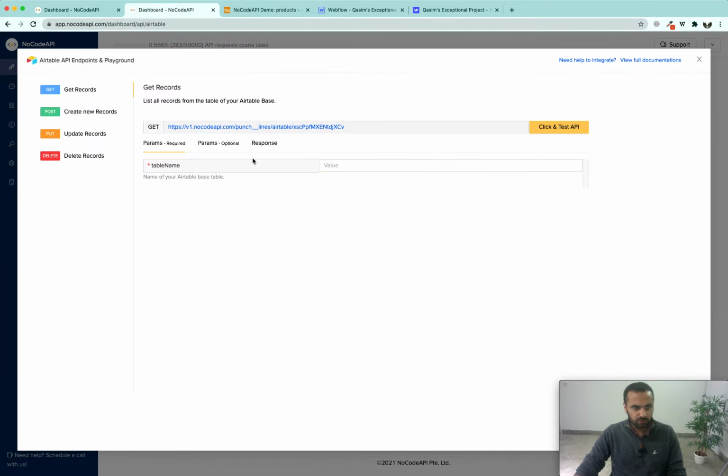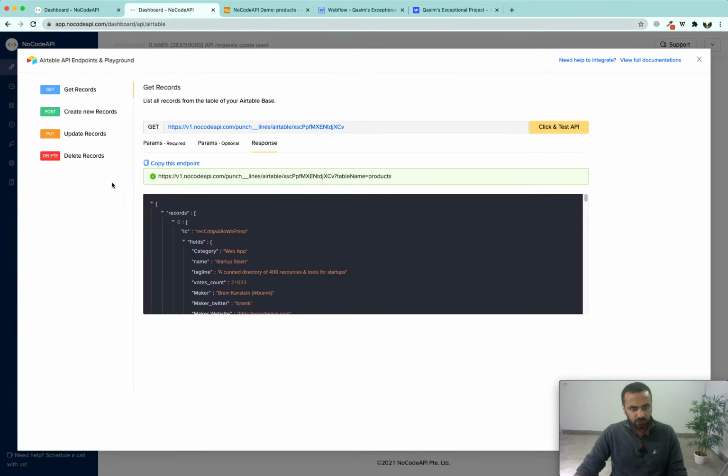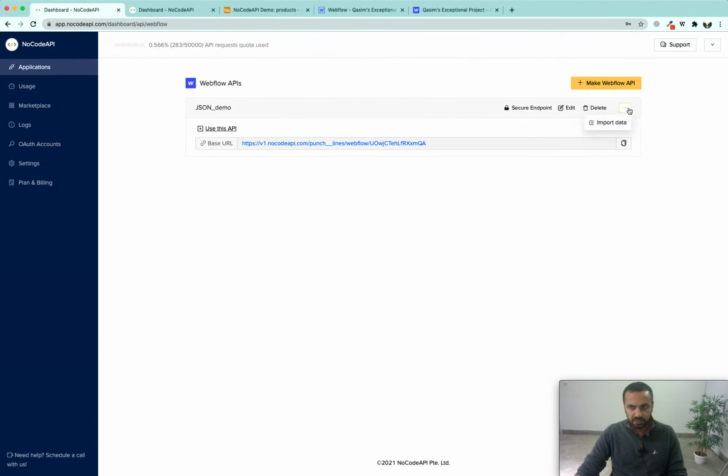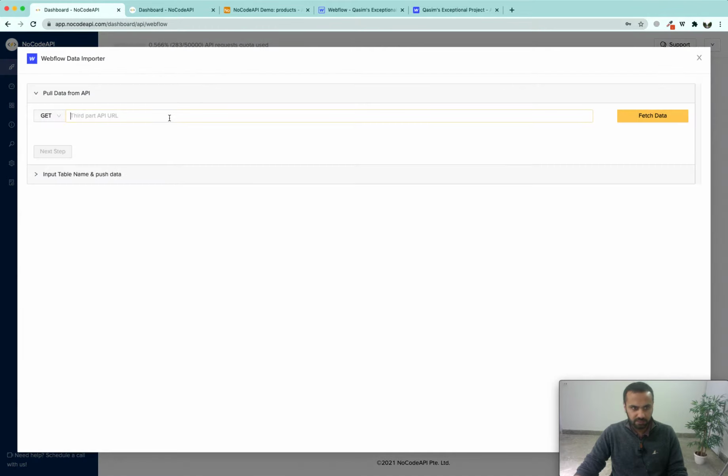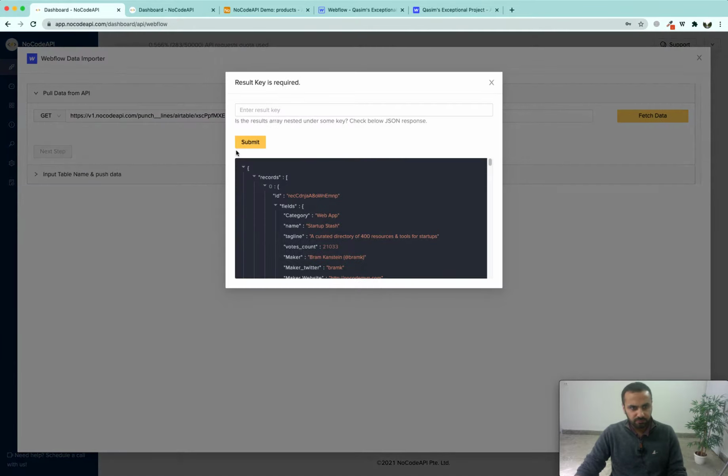So we are going to get our products, click and test this API. Once we have received the response, we can see that our endpoint is listed over here. You have to copy this endpoint and paste it in the Webflow API's import data place. Here, paste it over here and click on fetch data.